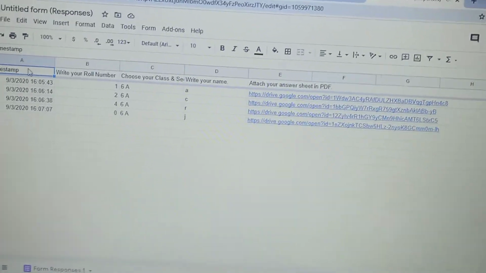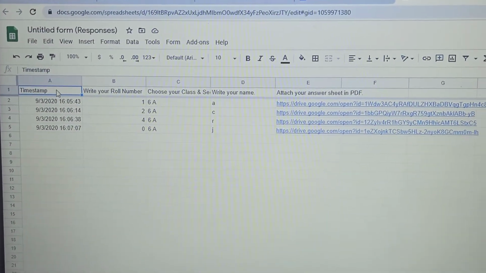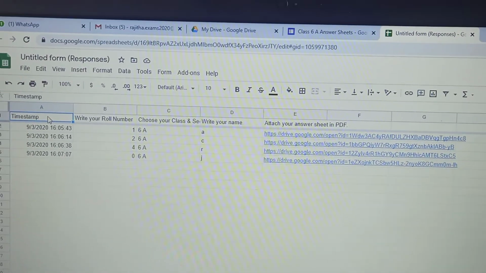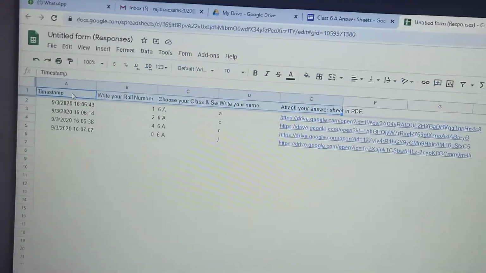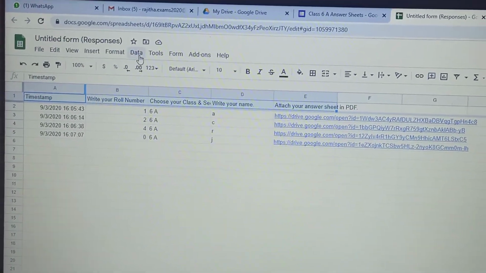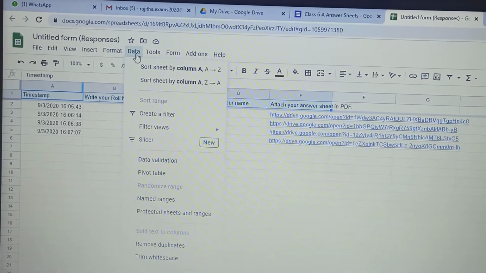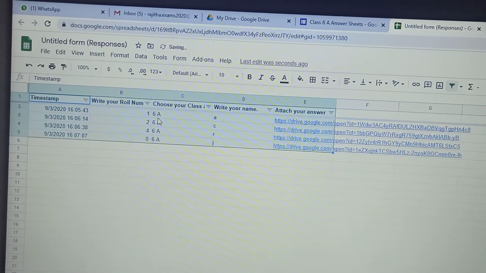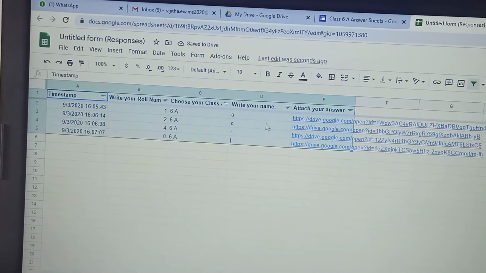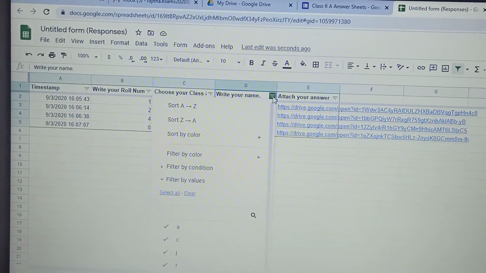What I will do is, I will select timestamp at the top. From this timestamp, I will select till attach your answer sheet in PDF. Then I will click on data. Then I will click on create a filter. And then I will click on write your name.